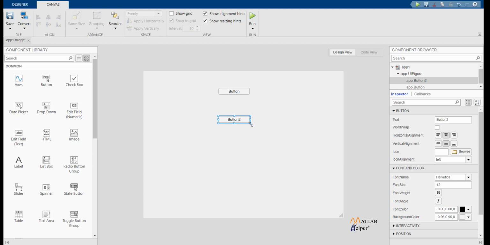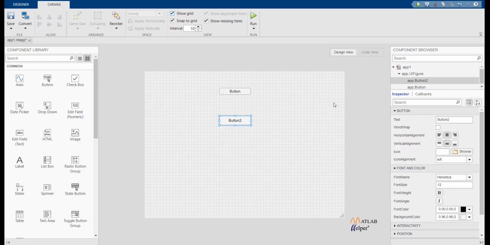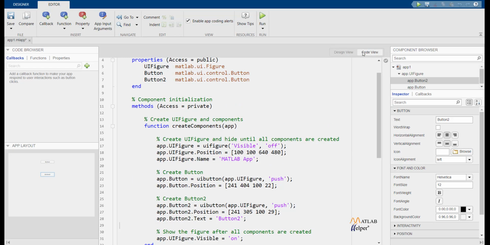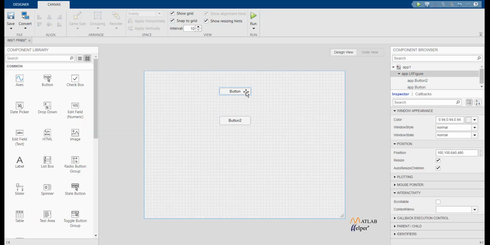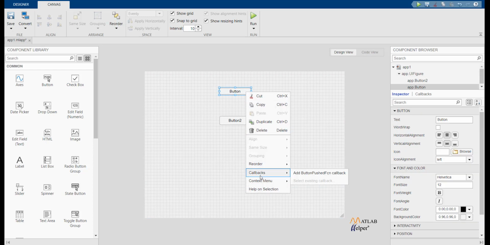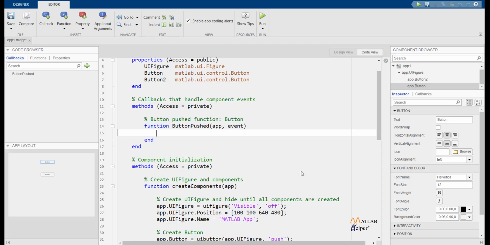So you can see the size of it is now shown, on how or what my value is going to be and all of that. There's also a show grid option which just gives you a grid at the back. Now moving to the code view, there are three parts to this code view. There are callbacks, functions and properties. A callback is executed when the user reacts to some component on the screen. So if I add a callback to this button, to add a callback, you right click on the button and then go to the callback here and add callback.